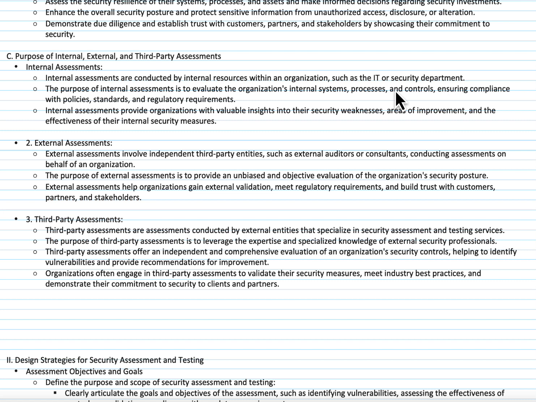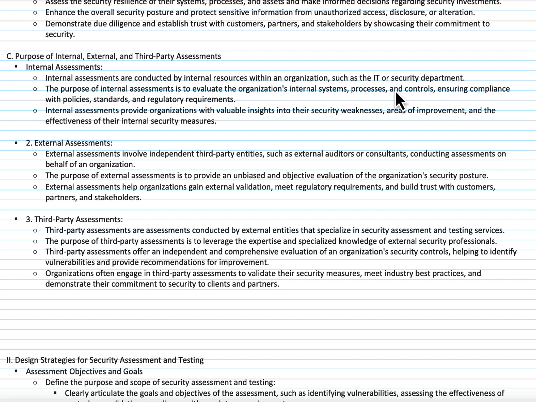So your internal assessments are probably the one thing that you will do the most of, just because they're the easiest to do. Now, that being said, that's also where all the dead bodies are. You know where the problems are. Whereas if you bring in a third party and they start looking at your environment, they can find areas that you may have been blind to because you were focused on the things that you knew were wrong and the things that you knew were broken.